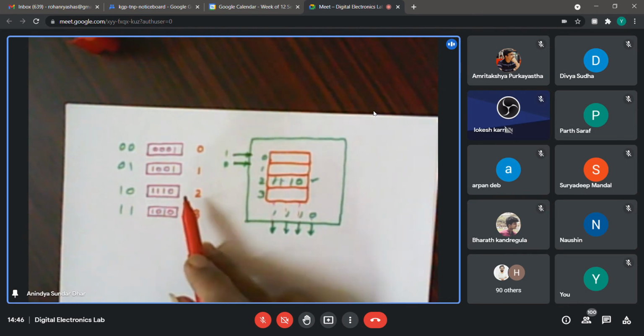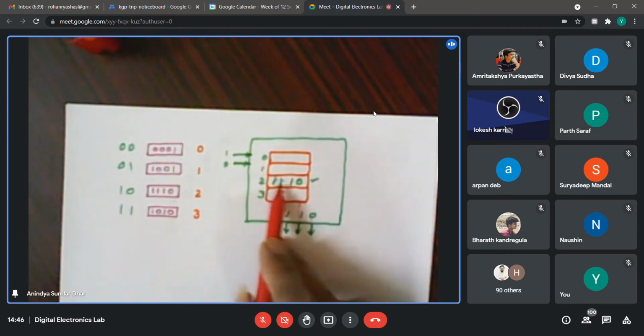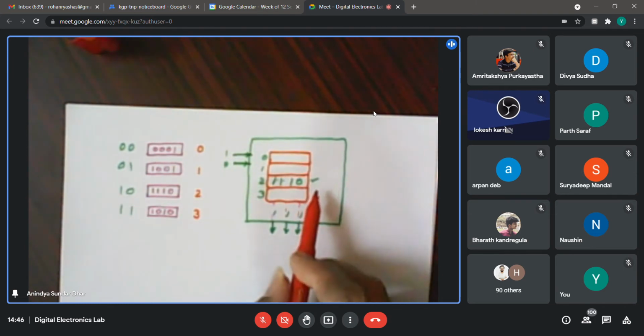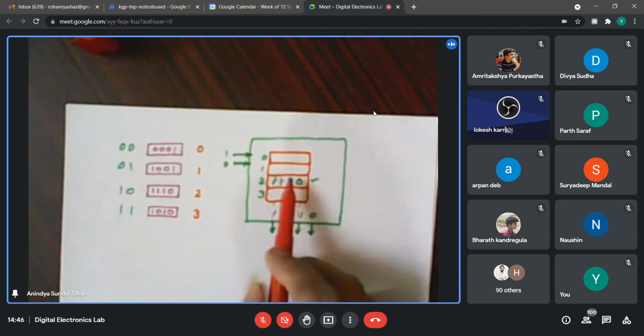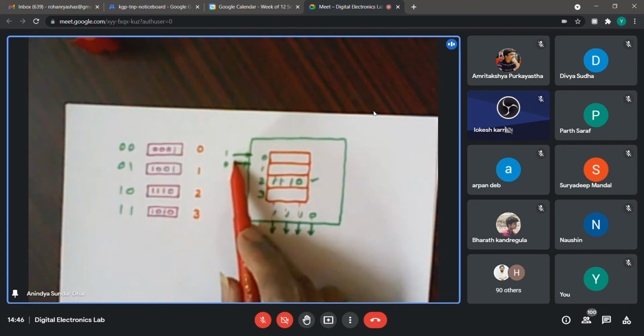So depending on the actual width that it supports, maybe here I'm taking 4-bit, some memory can take 8-bit, 16-bit. Maybe in your laptop you sometimes hear 32-bit, 64-bit, you know about that, right? It is basically talking about the internal data bus, what is the width of your internal data bus, or what is the internal arithmetic that it is supporting. So anyway, now in actual memory, rather than these 2 lines, I may refer to them as the address.